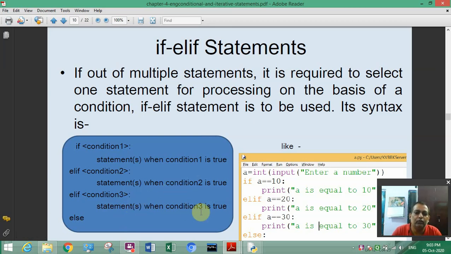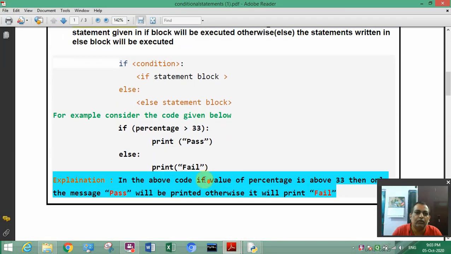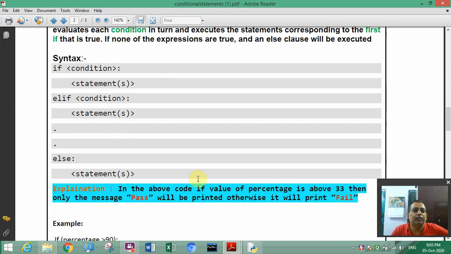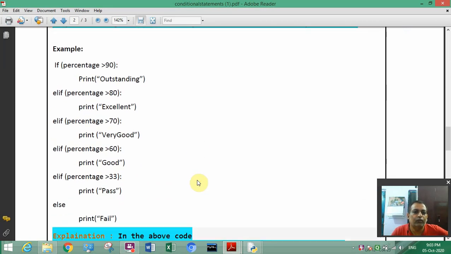Okay, so I'll show you one program, then I'll also give you a real example. One program you can see here: percentage is given.